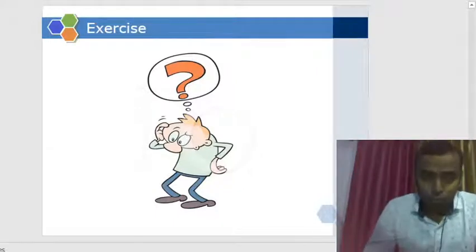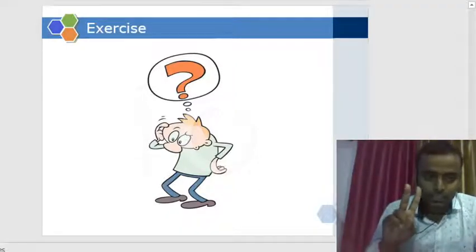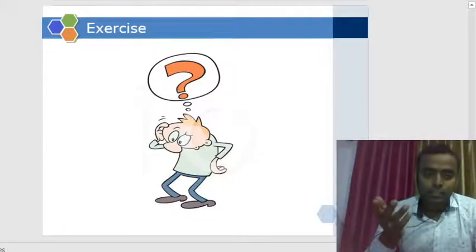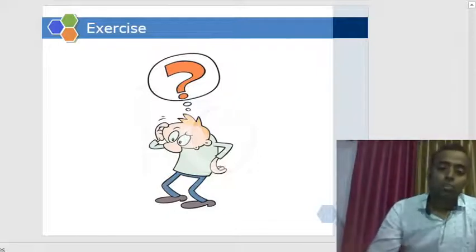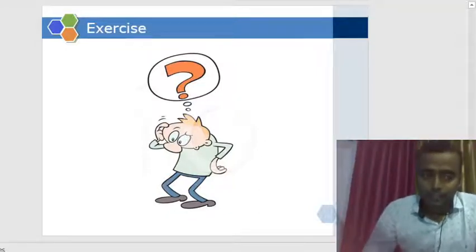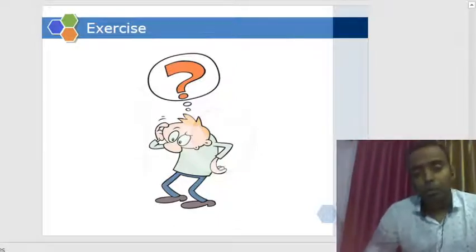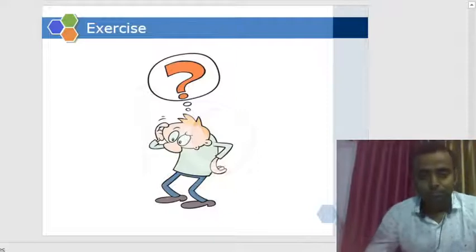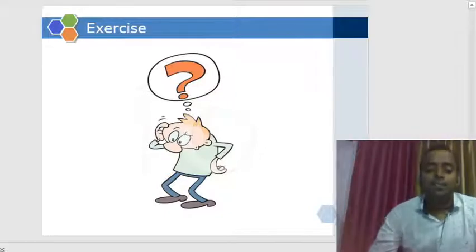So for the exercise part, I've already given one exercise today. Name two good conductors. Come up with new dielectrics. I've given three examples, that is air, cotton, and wax. Exercise 3 will be to establish the point form of Ohm's law. It's simple, just 2-3 lines and you can establish.